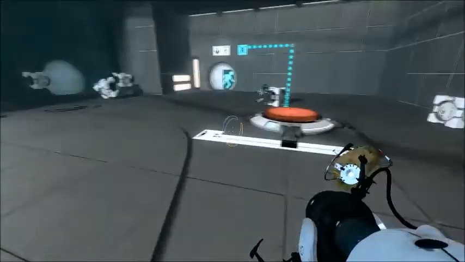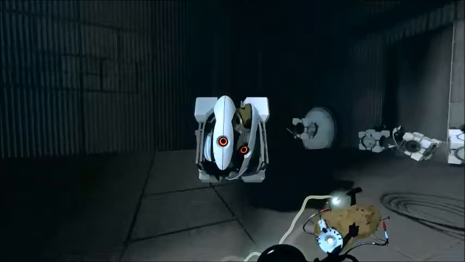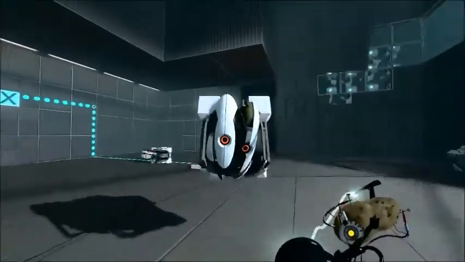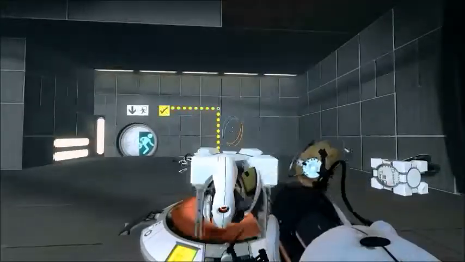Anyway, as you can see, there's cubes with little turret heads that just kind of walk around and flounder a bit. Pick one up and it faces you, which is incredibly creepy. Drop it on a button, and it refuses to move, so...